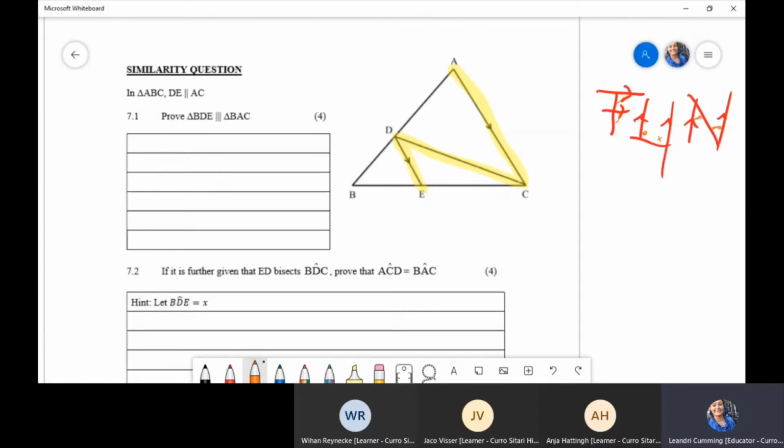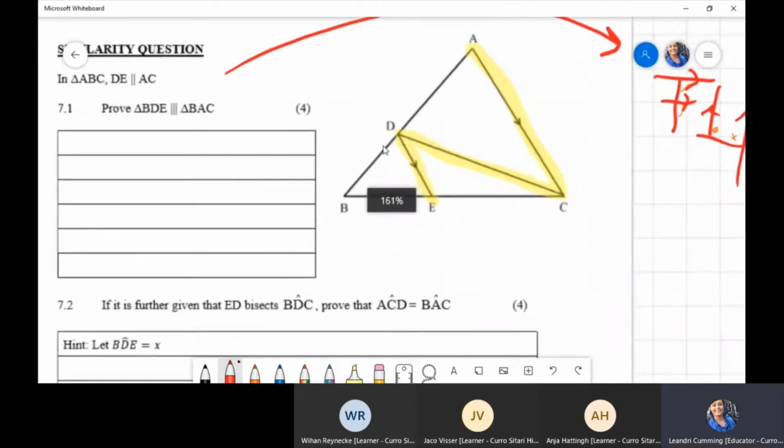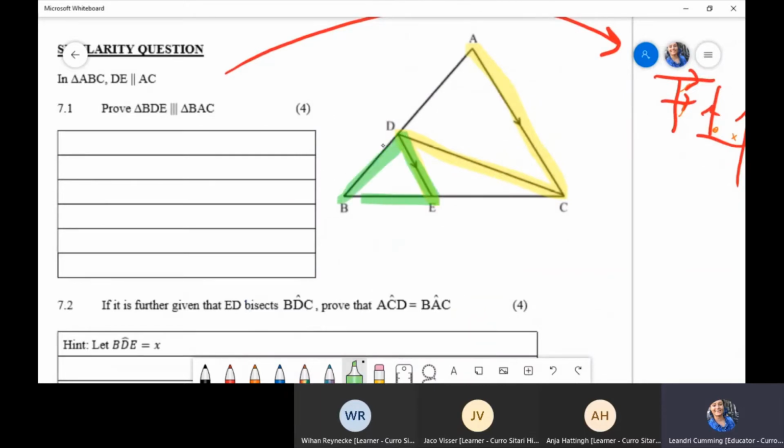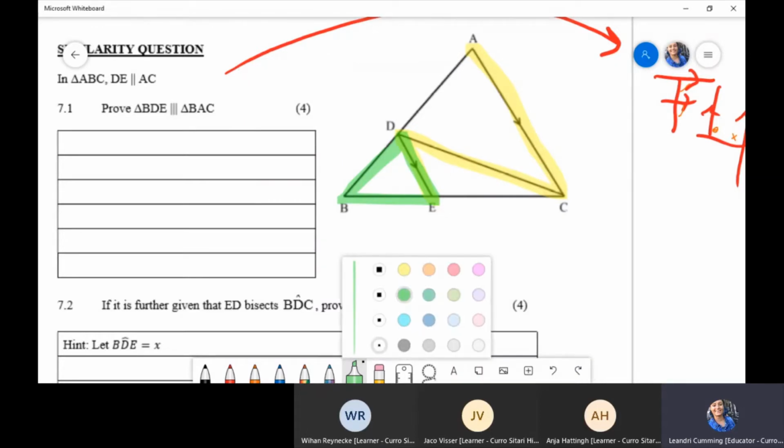Then let's look at what has been given. The fact that DE is parallel to AC is what we have here. All of those things we can use. We need to prove that triangle BDE, let's highlight BDE, triangle BDE is similar to